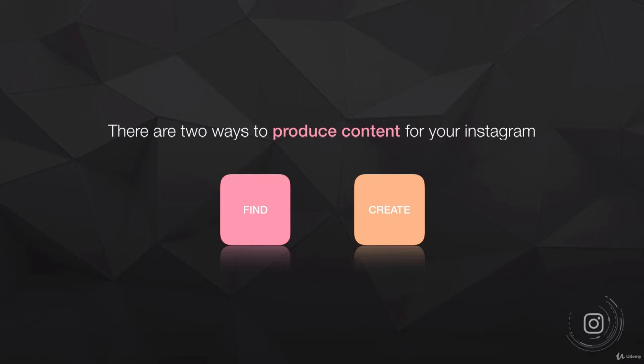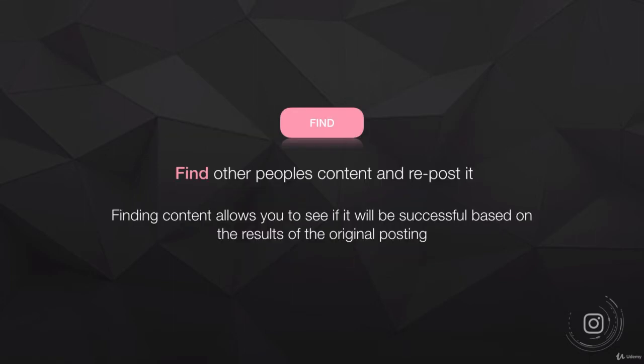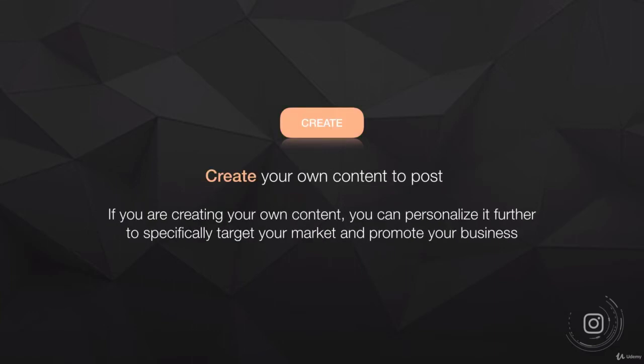You can, one, find Instagram content, or you can create your own Instagram content. Finding other people's content and reposting it is how you find Instagram content. Finding content allows you to see if it will be successful based on the results of the original posting. That's a really big upside to it. It also is a lot easier than creating a lot of content. The other way to do it is obviously creating your own content and posts, so amending and editing already successful content, which we'll be talking about in